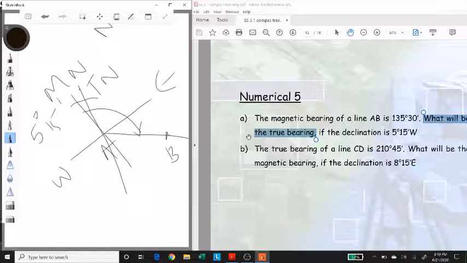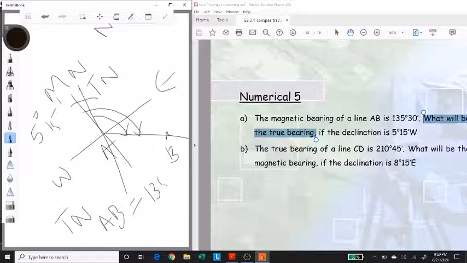Now, since the magnetic bearing is given 135:30, which was from the magnetic north, what we have to do is from the true north, we have to find out the bearing of the same line. Now, since we know the difference between the two and we know the bearing from the magnetic north, the bearing from the true north of the line AB would be